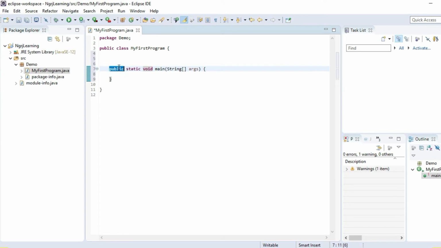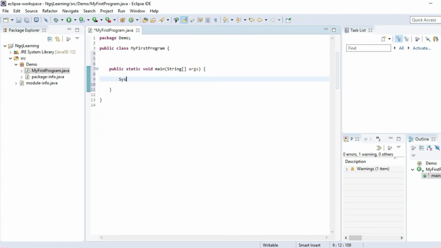Public is the access identifier, which means all the classes can refer to this method. If you want to give something specifically as an input while executing the program, we use command line arguments. String args is what we pass. As of now, don't get too much into this. Static tells that this method can execute even if no object is created. For any class, an object must be created. But for static methods, there is no need for an object.